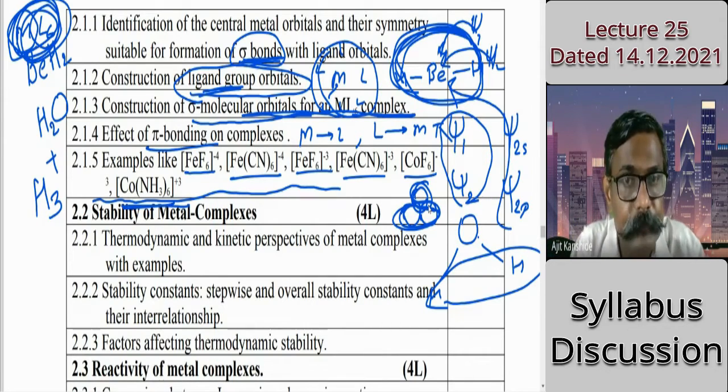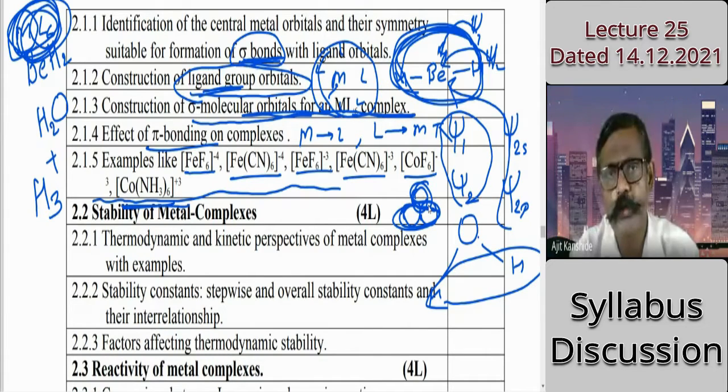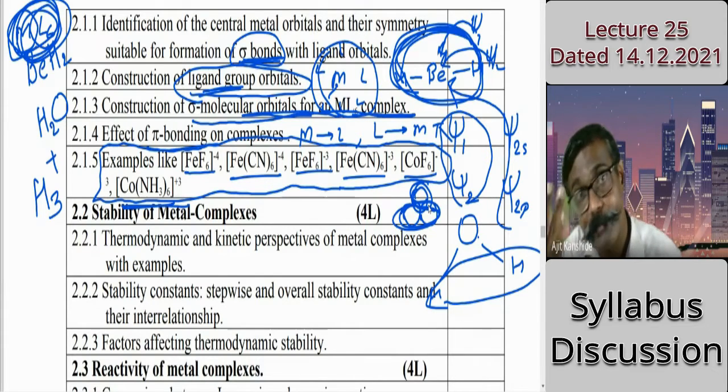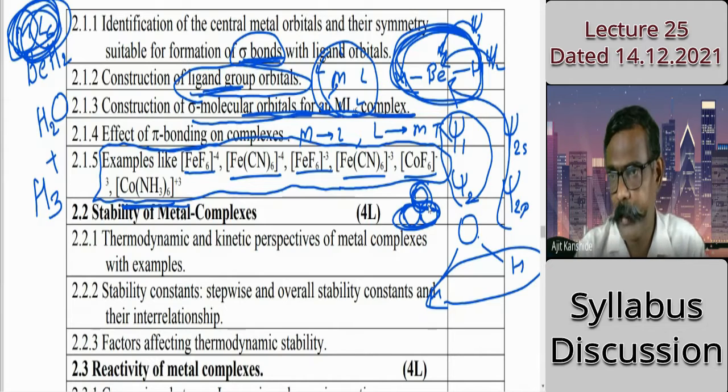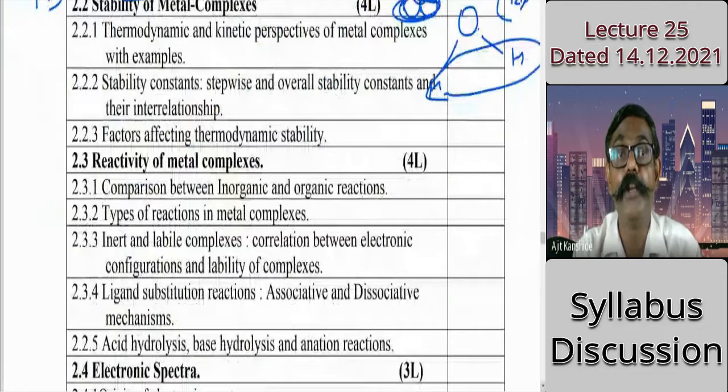Is it clear? Yes, sir. And even if MCQs are there, questions are possible on that, but those remain somewhat simple. Those can be made difficult by combining the CFSE concept, the crystal field concept, the unit 1 concept. It depends how far you prepare. Okay, fine. That is one portion in unit number 2.